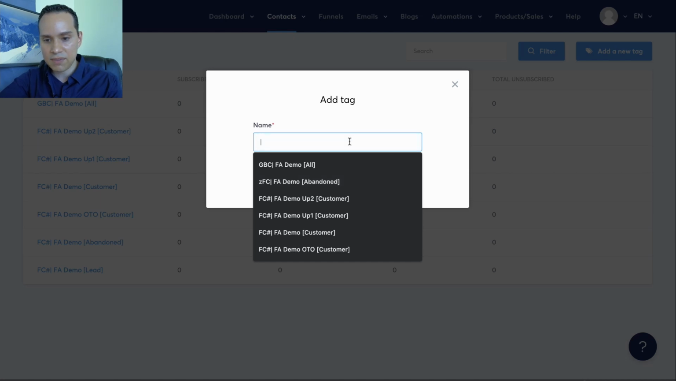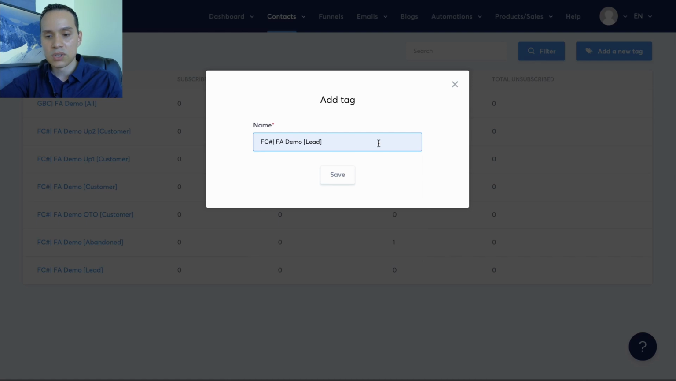And let's say we have FC and we're doing our lead sequence, right? So I recommend coming up with a 3-letter code for your funnel, right? So in this particular instance, we're doing an example. So this is FC, hashtag or pound sign, whatever you want to call it, right? So 3